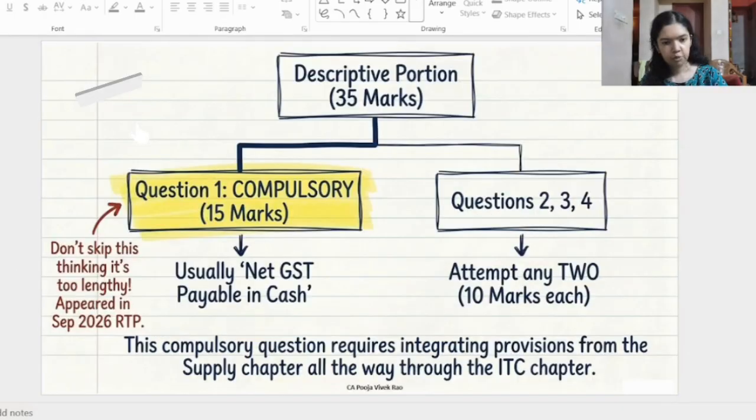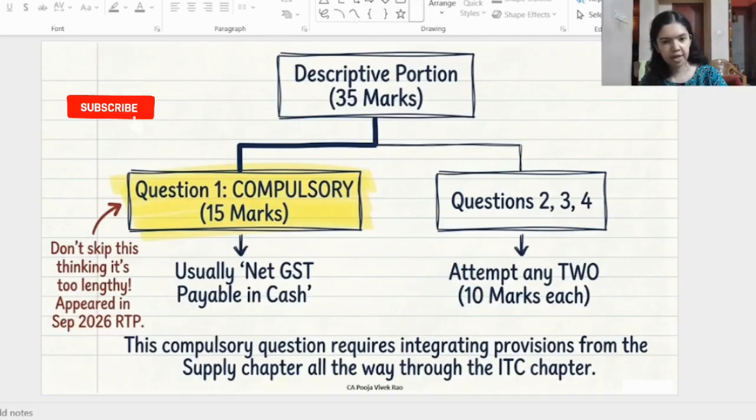The descriptive portion carries 35 marks. Under this, the first question is compulsory and it carries 15 marks. After that, there are 3 questions out of which you have to attempt any 2. Therefore, the optional questions carry 10 marks each. The first compulsory question requires special attention because it's for 15 marks. The most important question, that is the compulsory question, will come from section 2 and mostly the question will be